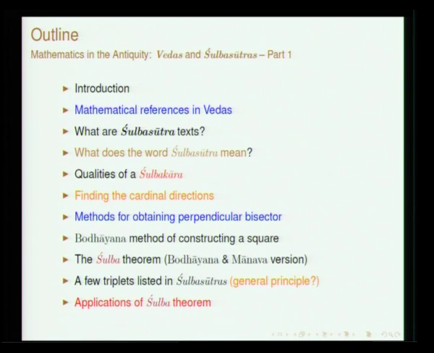The most important thing is to find out the cardinal directions. That is one of the most interesting experiments which can be done with a very simple device called Shanku. I will be discussing that, and this is a prerequisite for starting yajna. For doing yajna you have to create a certain yajna shala, and yajna shala cannot be constructed without knowing the exact directions.